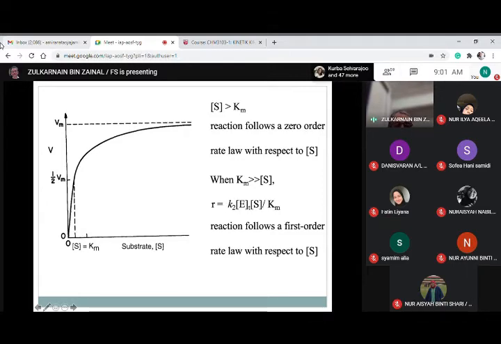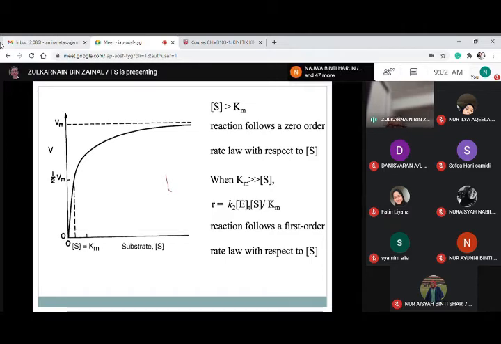Color red, okay. For this one, unfortunately, you cannot see where I put my pen, right? So anyway,